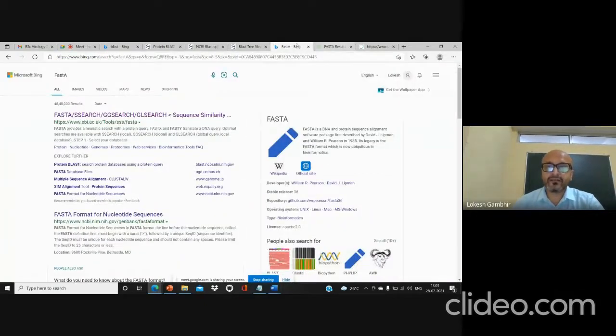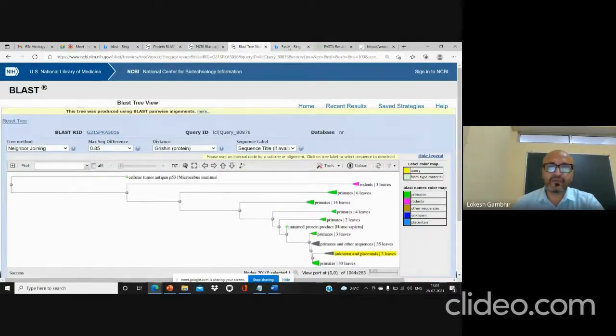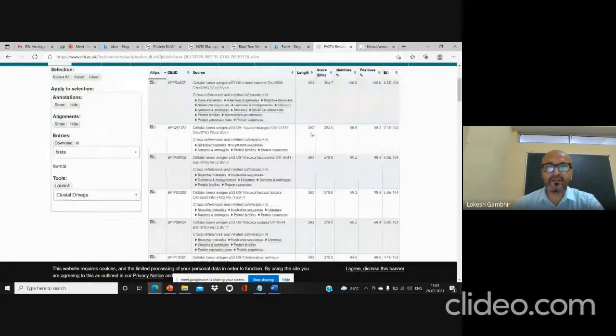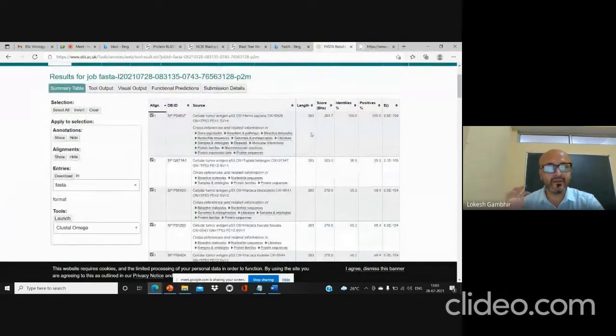So coming back, this is all about the BLAST portion. Talking about the result of FASTA, you get the result in this particular format, somewhat similar but much more advanced. The positives and E value are the same. The E value represents the expected value, that is, what occurs by chance.